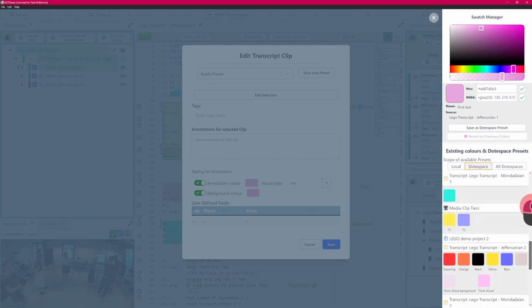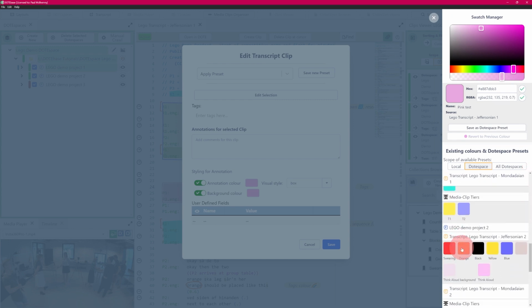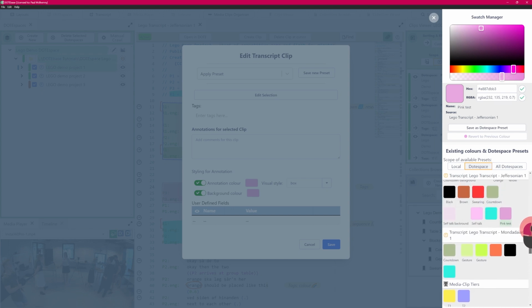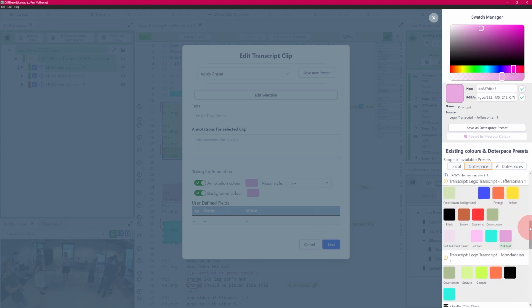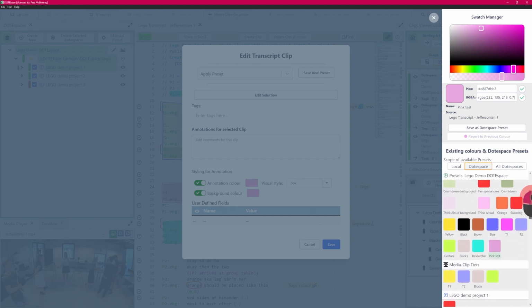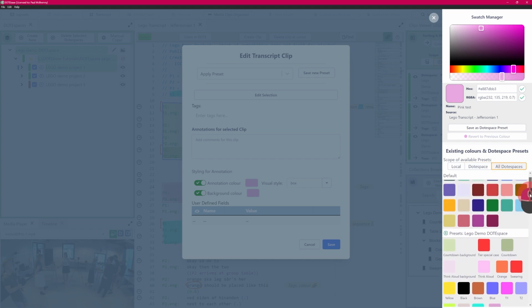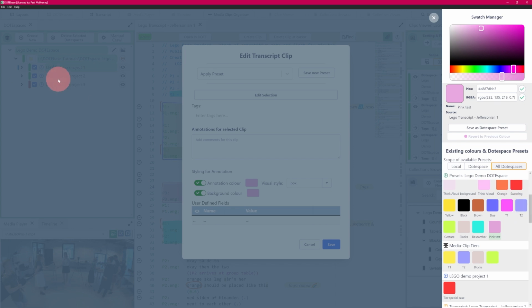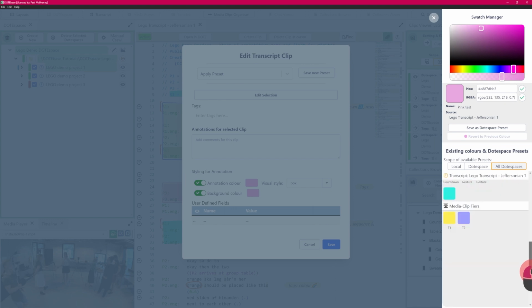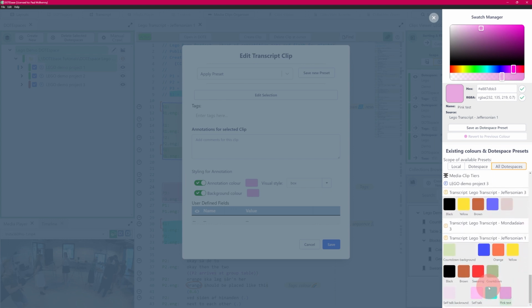And a lot of those will be consistent, like we have swearing and orange here. That's because they've been used again and again. And if we look across all DOTEbases, nothing will change because we only have one DOTEbase at the moment. As you'll see up here, here's one DOTEbase, there's no others. If you have multiple DOTEbases, then you'll get a long list showing you that there are actually other presets in other DOTEbases,